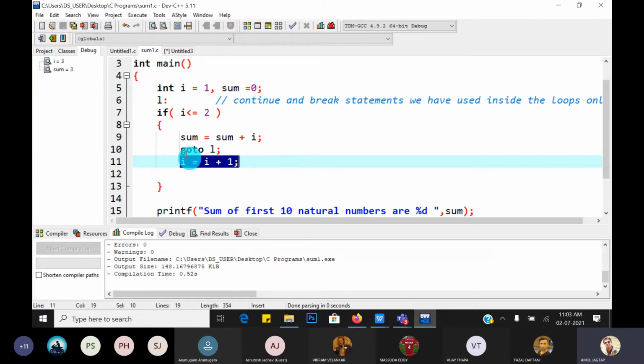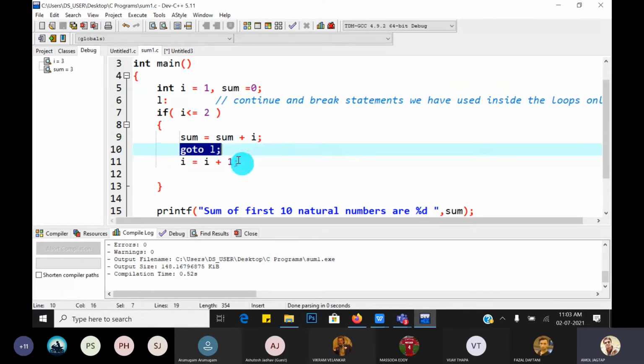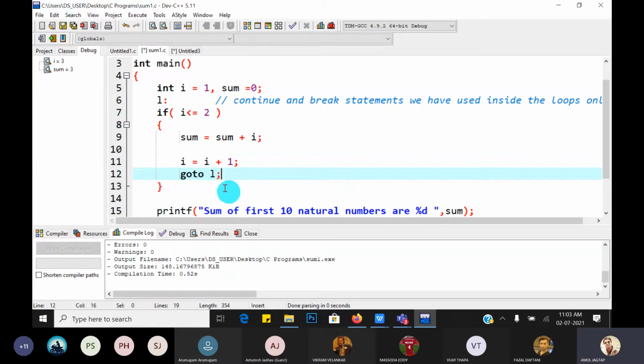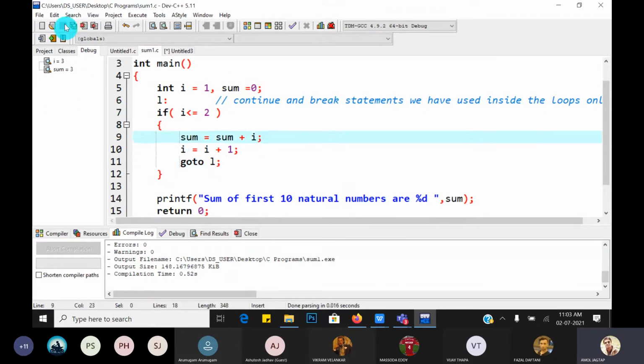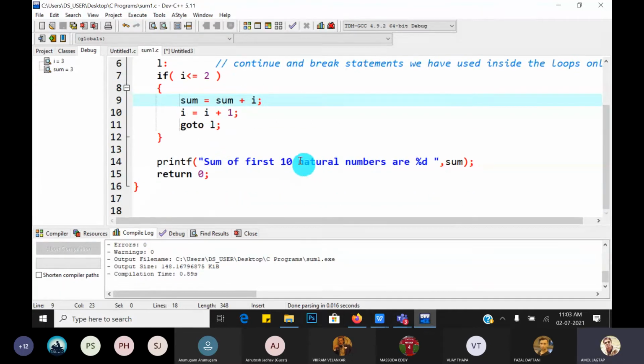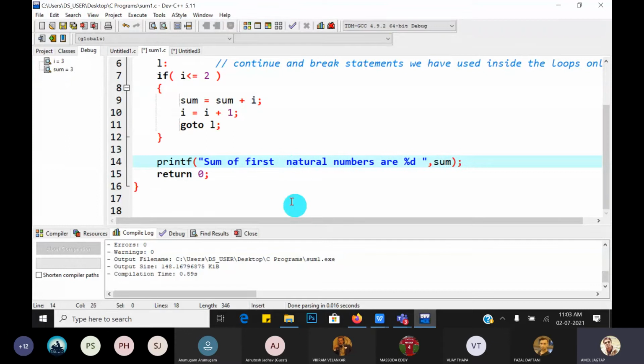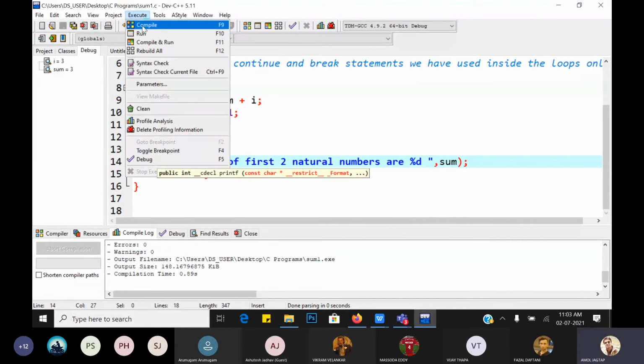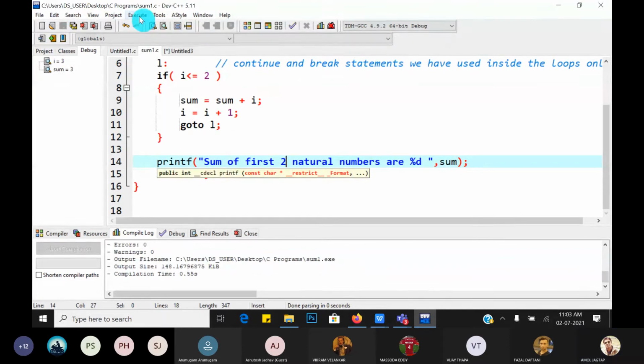Now I will ask one more question. There are lots of questions. Yes. So same question, that is the previous one. Compile. And sum of first two natural numbers are, then save it, execute, compile and run.